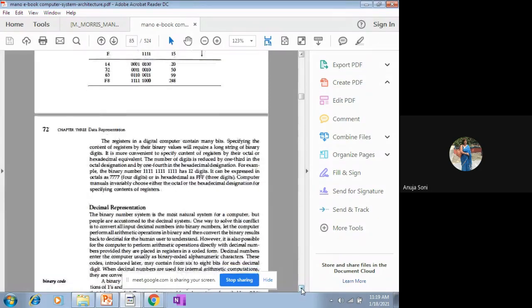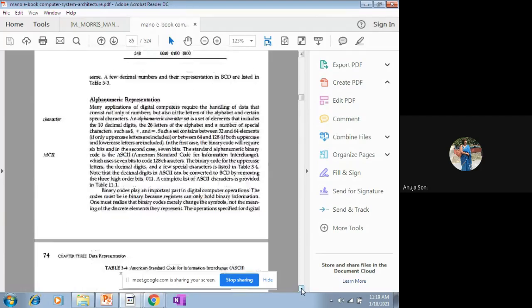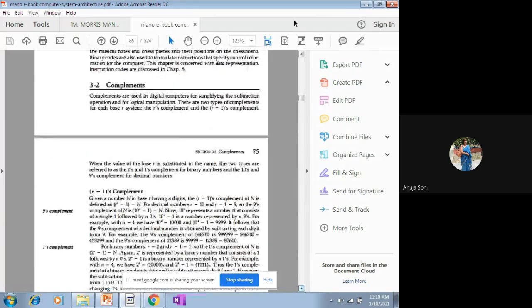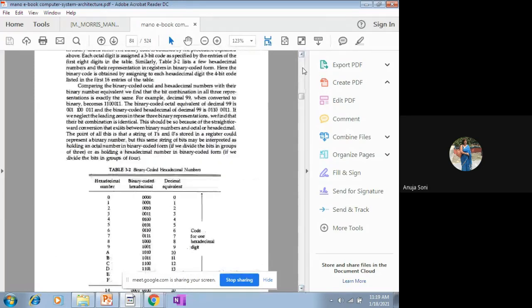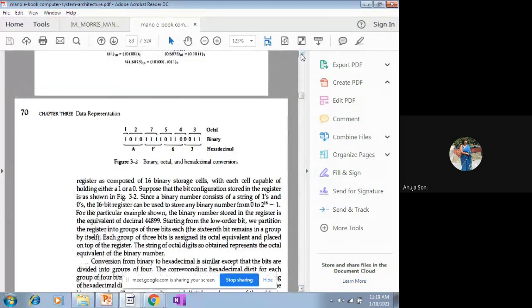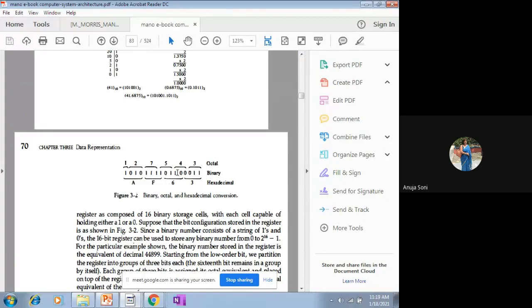Like here, one example; we already had a discussion over the examples. Here also one solved example is given. Let me go to that example. Like this kind of example. In case you are given a binary number and you have to convert it directly to octal as well as hexa, you have to start from the extreme right hand side, adopting a shortcut method by going through the binary coded octal table and binary coded hexa table. You have to go on making groups of 3 in case you have to convert it to the octal form, and groups of 4 in case you have to convert it to the hexadecimal form.